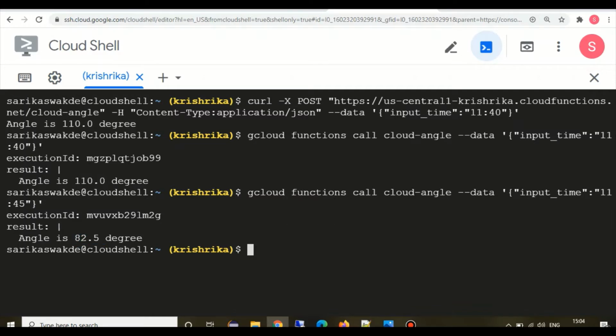So yeah, we have seen both approaches to run the Google Cloud function. One is creating an HTTP request with the POST method and using CURL. Another is using Google Cloud's own utility, gcloud functions call, and we can directly call without the fully qualified path. But when you are using CURL, you can run it from outside as well. So you have to provide the full path, like the HTTPS path. So these are the two approaches to run the cloud functions.